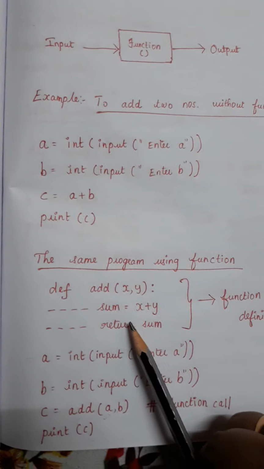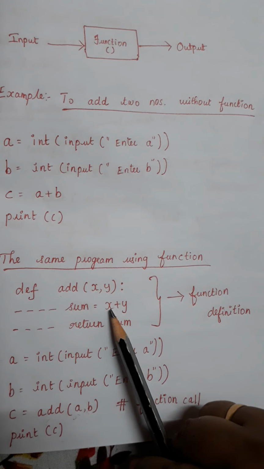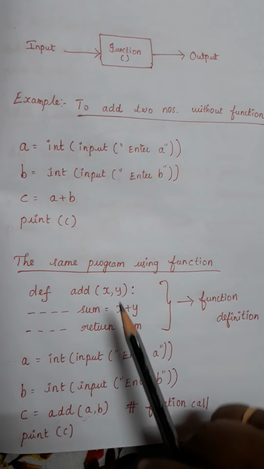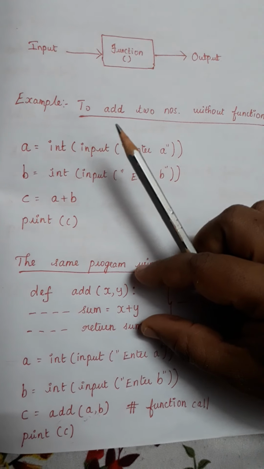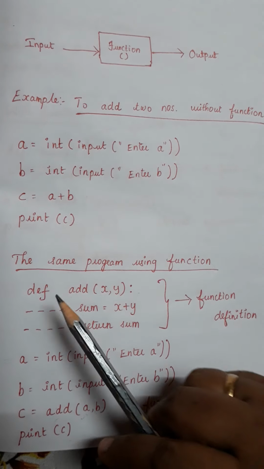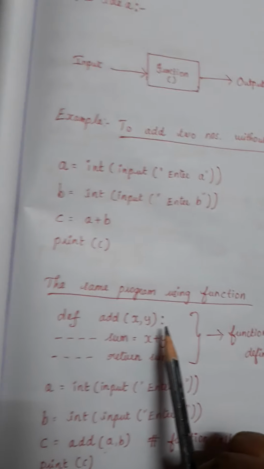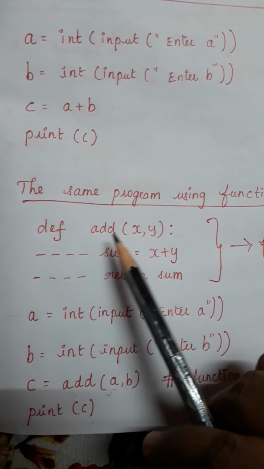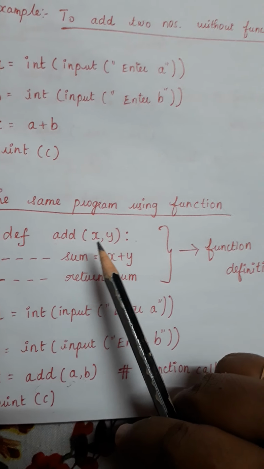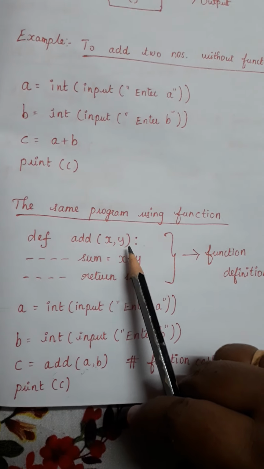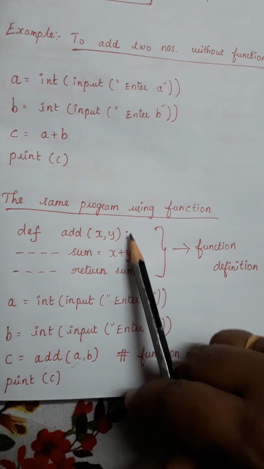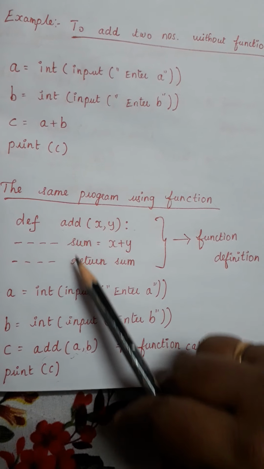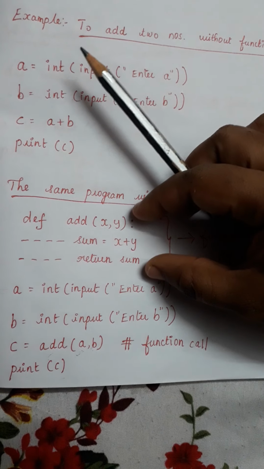And what I am going to do is just add the values of x and y, store it in sum, then return the value of sum. This part of the program alone I will write separately. And look here, I have used a colon. So this is the syntax. If you use the def keyword and give a function name, you have to mention the variable names, then give a colon, and the 4-space indentation means that these two lines alone come under this particular function definition part.